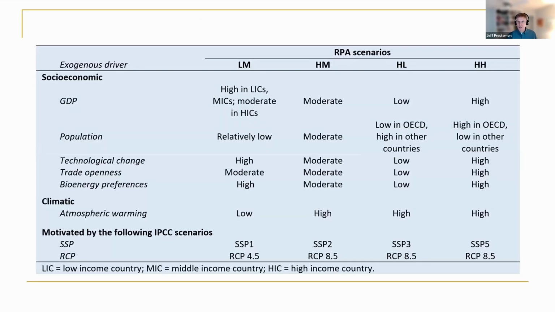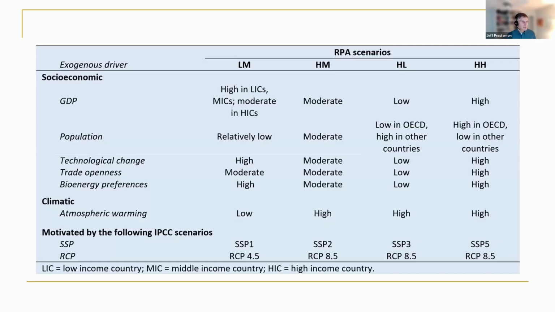Claire did lay out the scenario setup for the RPA. There are 4 main scenarios. I wanted to just highlight that in the forest product sector modeling, we're also accounting for other aspects that are not really part of some of the other resource area models that form the RPA. What we need to pay attention to are things such as technology change. So as the world changes, technology advances, resource uses become more efficient. Trade openness, the different scenarios really involve some assumptions about how much tariffs and how many other kinds of trade measures are applied. So across the different scenarios, there are